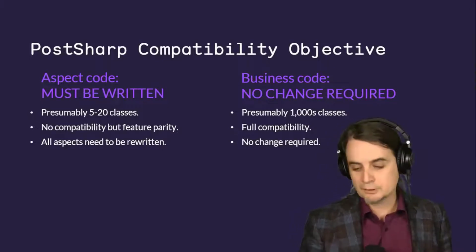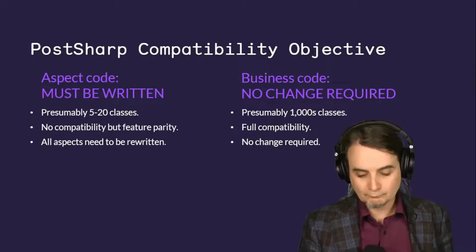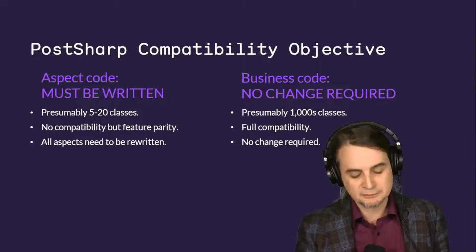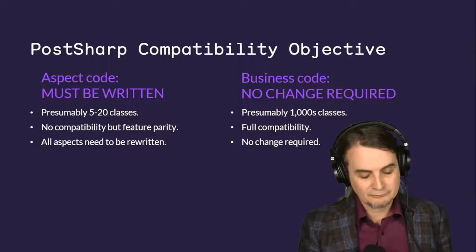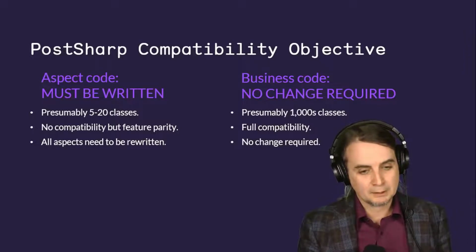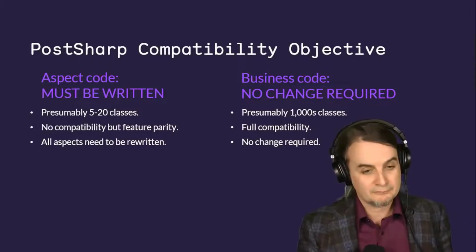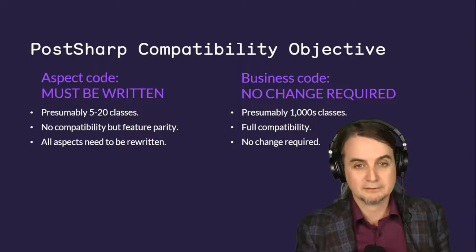So we could not implement backward compatibility completely with PostSharp because the architecture is completely different. There is a gap of 15 years between both designs, and we wanted to start from a green field because 15 years is really a lot of backward compatibility. So we took that choice.